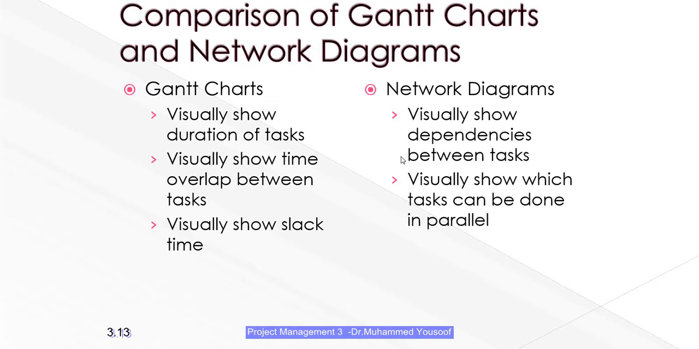Number 2, it shows which tasks can be done in parallel. It also shows that these two tasks can be done in parallel. That's actually called which are the two tasks which can be done in parallel, meaning at the same time you can do the two tasks or more than two tasks. Okay,